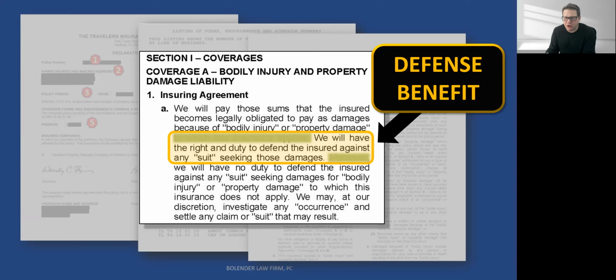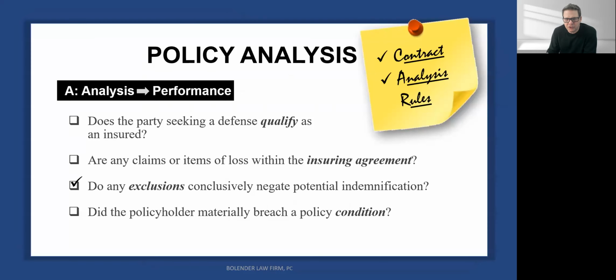All right, that's our first step, C for contract. We've got our arms around the contract, so let's go to A for analysis. Now, how do you know which part of the coverage form to read and analyze? Well, the disclaimer letter is the starting point for sure. And in most cases, that's probably as far as you need to go, because those will cite or quote the policy language that's going to be in dispute.